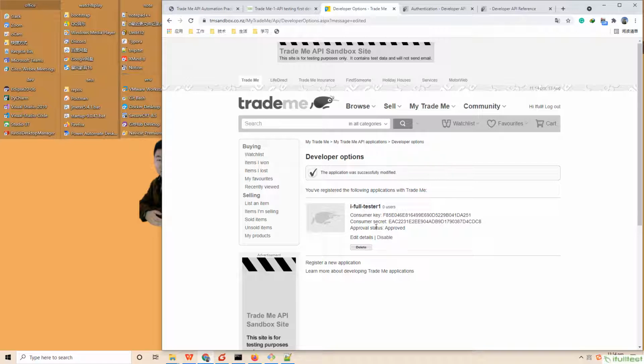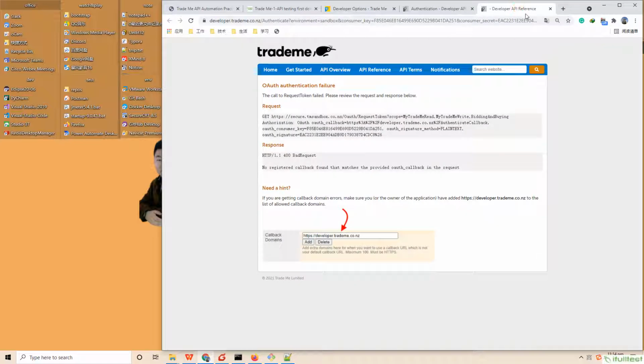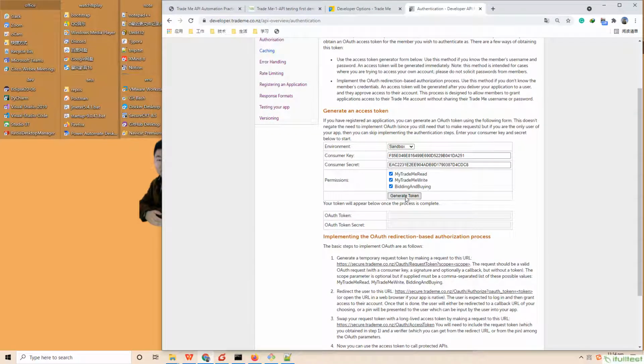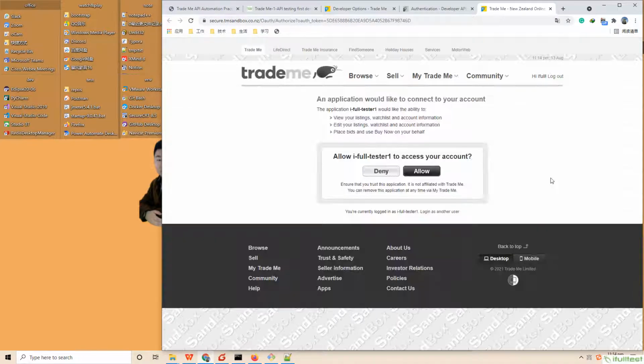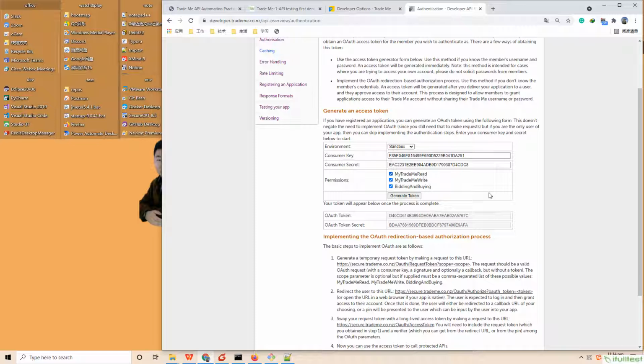Update it. Let's try to regenerate the token. Okay, this time we have success. Allow it. Then we have already finished the authentication step.